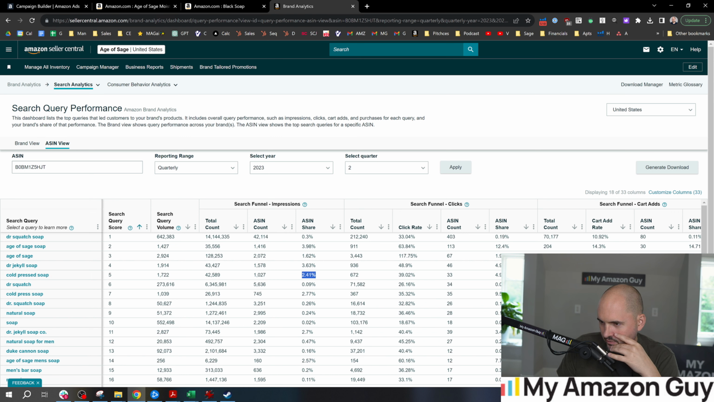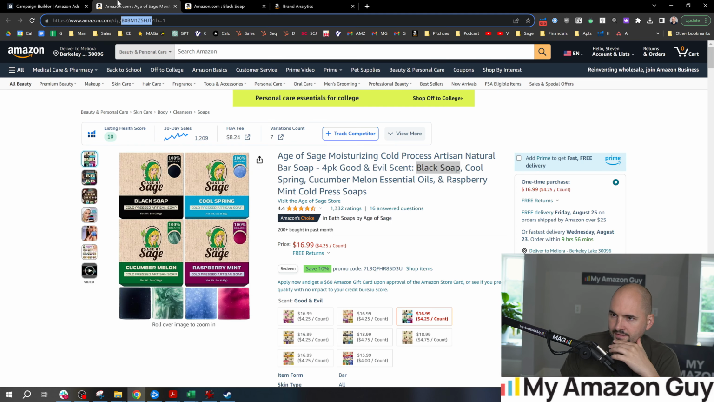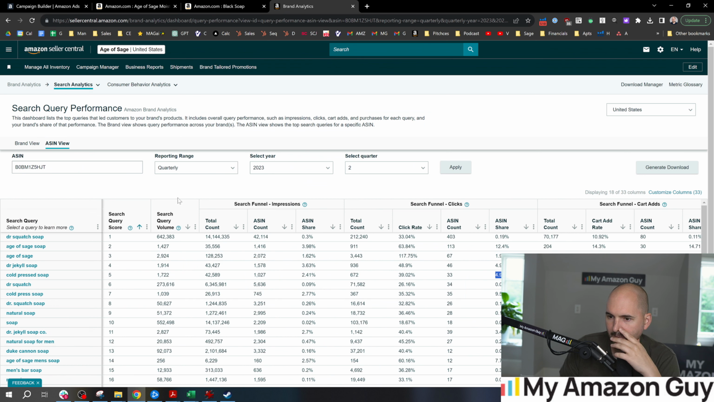So ASIN share right there at 2.4 on cold press soap. And then the add to carts go up quite a bit. So cold press soap absolutely needs to be in our generic campaign. And in fact, data says we should be bidding higher on this. So we're going to hit the 89 cents. We're going to go up about 14 cents on that bid there. As we go through this, cold press